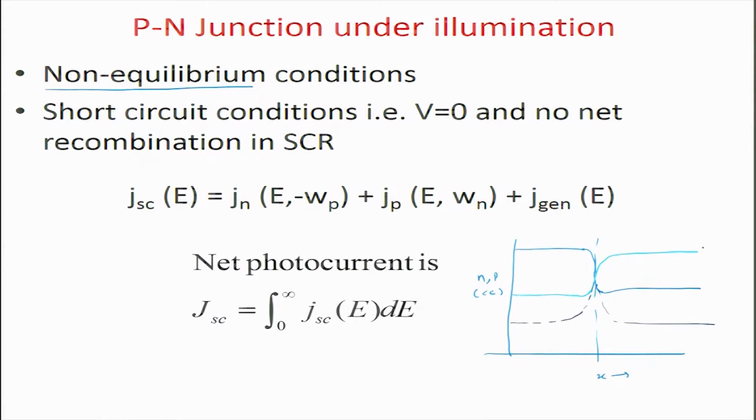So, this would be the carrier density N, this would be Nn, this would be Np, this would be Pp, and this would be Pn. So, Pn increases, Np increases, and of course, there is a change in Pp and Nn as well. So, minority carrier concentration suddenly increases a lot.